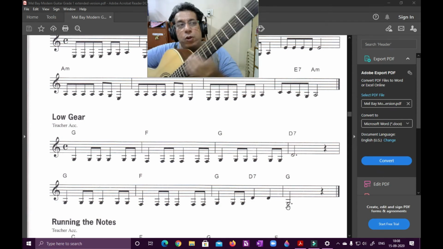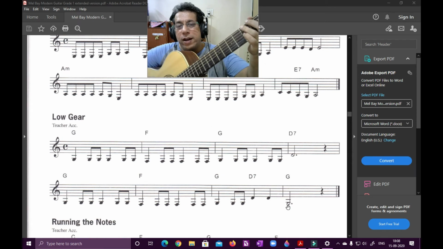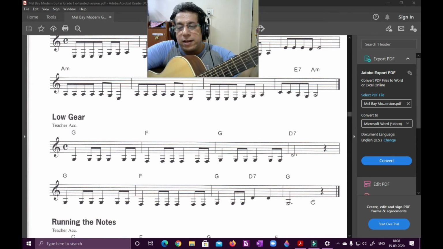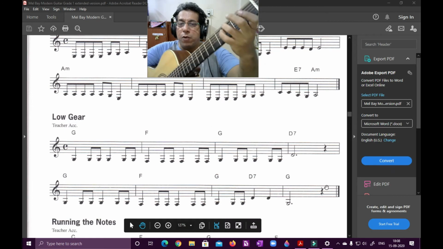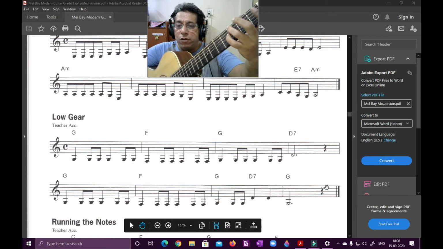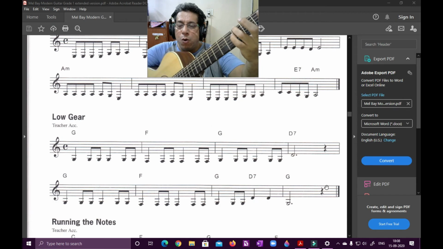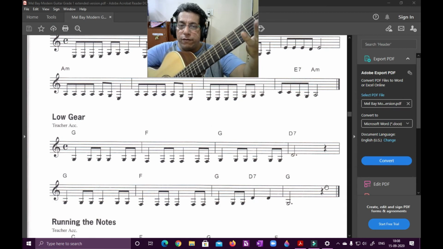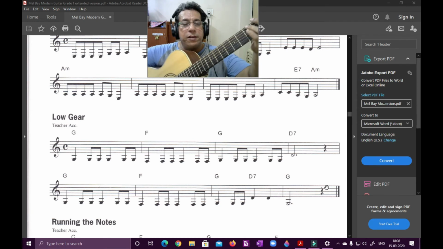So I'll have to hold that note for 1 and 2 and 3 and the last is a rest which I have to take out. I won't play it for the fourth beat. So I'll play the G for 1 and 2 and 3 and 4 and I'll leave. Okay, so let me do the whole song from the beginning.